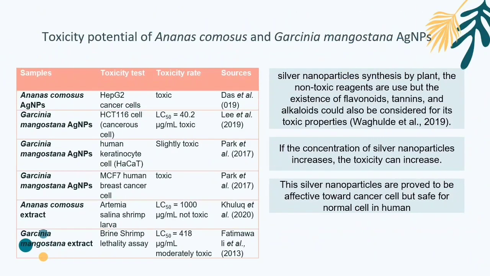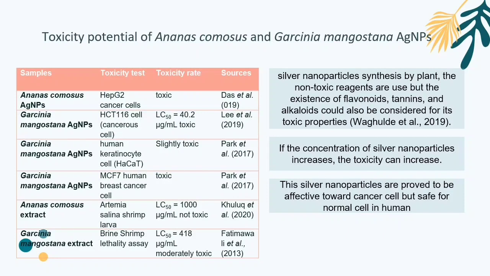The next part is the toxicity potential of Ananas comosus and Garcinia mangostana silver nanoparticles. Presence of flavonoid, tannins, and alkaloid in plant could also be considered for its toxic properties. If the concentration of silver nanoparticles increase, the toxicity can increase. From this table, the Garcinia mangostana silver nanoparticles show slightly toxic toward the human keratinocyte cells, but is toxic to